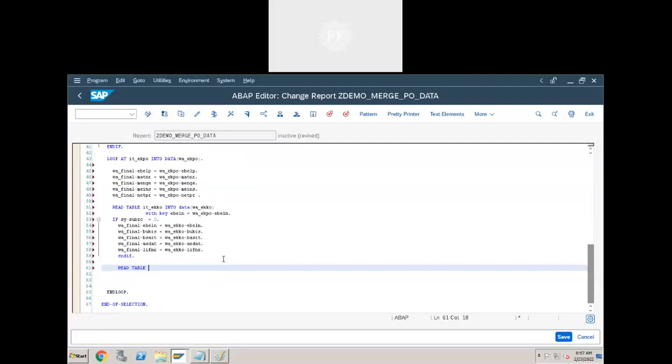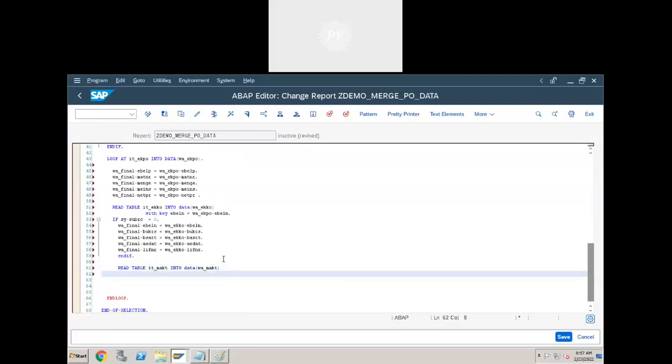What is the internal table? IT underscore MAKT. Into work area, W underscore MAKT. What is the key here? What is the condition here? Tell me the condition.